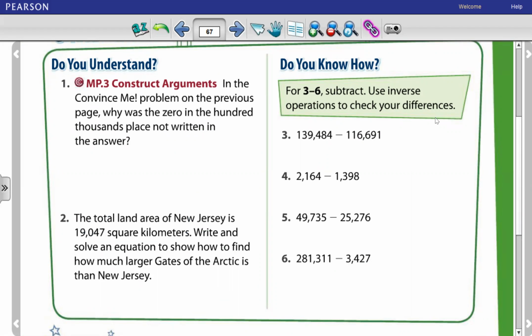Okay, differences means subtract. So use inverse operation means add. So we can use the addition to check if our answer is correct or not. Okay, question number 3,